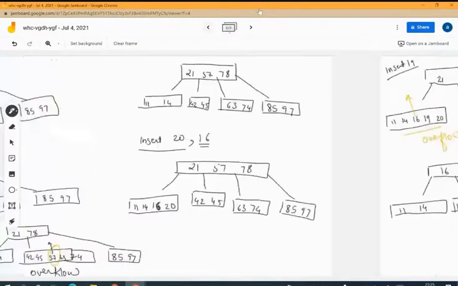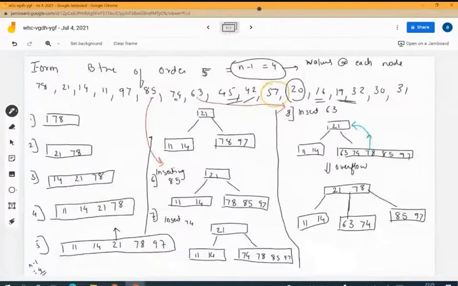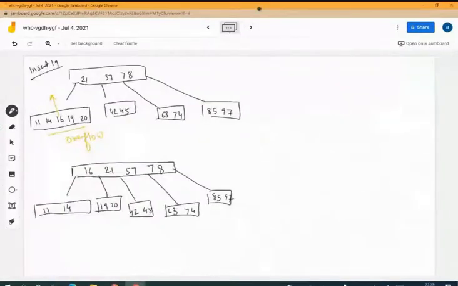Okay. So the next element, we'll see what needs to be inserted. So I'll come here. The next element to be inserted is 32. Right. So where am I going to place 32? 32 kahan pe place karegi? We are going to place it after 21, that is below 57. So somewhere here it will be placed.